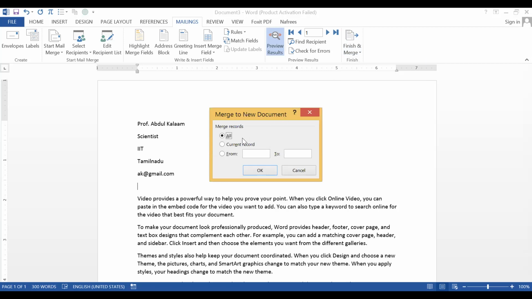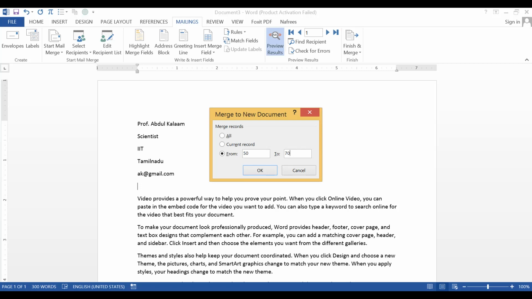It is asking, do you need to edit all the documents or the current one or a particular range? For example, if you have 100 recipient details, and if you need only from 50 to 70, then you have to use this one. I need only 50 to 70. So it will show you starting from the 50th position and ending at the 70th position.